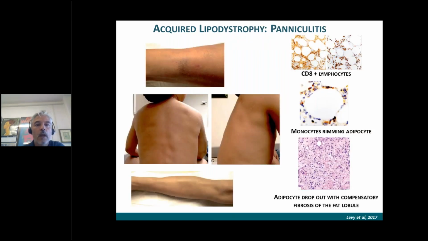Sometimes, as I was saying, in one third of the cases, the disease starts with panniculitis, a bump, sort of hemorrhage in the subcutaneous area, which is followed by, as you see here, fibrosis and a clear area of lipoatrophy, which can extend and progress over time. The progression can be in weeks or in months or in years.